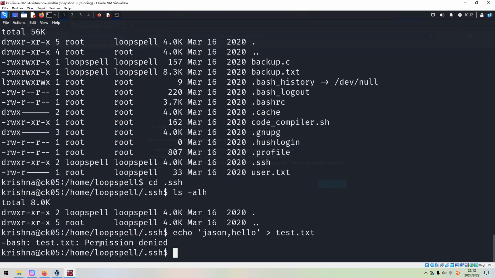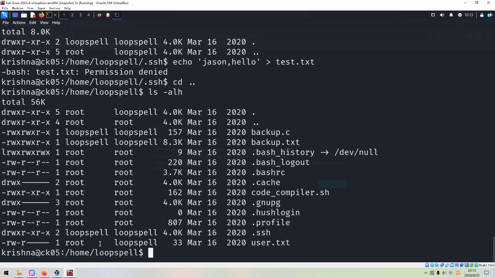As you can see, we do not have permission or privilege to save a file under this directory. In other words, we cannot, for example, create key pairs, upload the public key and save the key into the authorized_keys file. I have already demonstrated this technique many times as well, but in this case, this technique cannot work. So now let's go back.